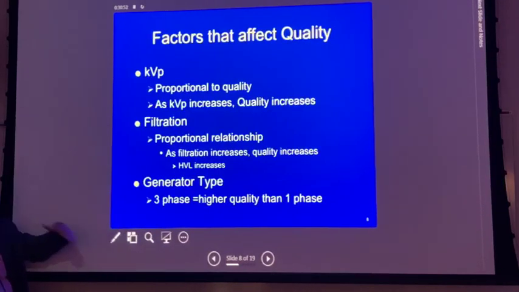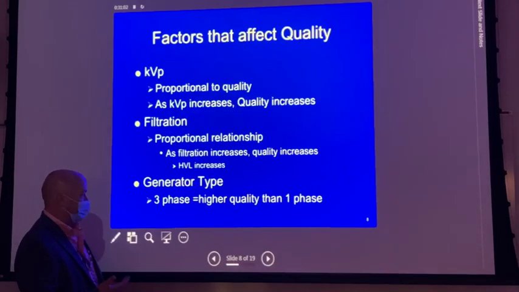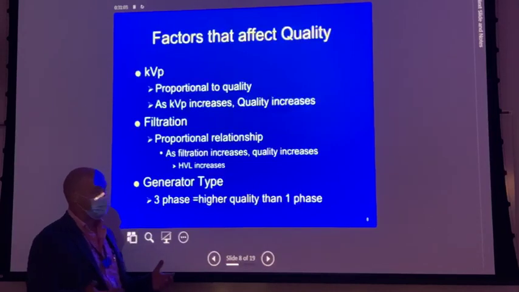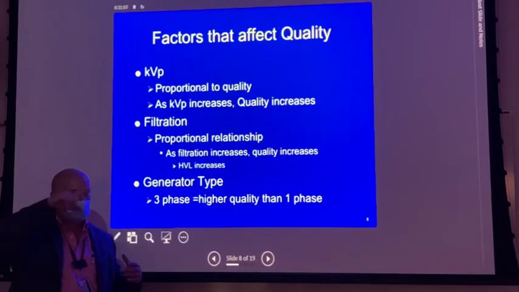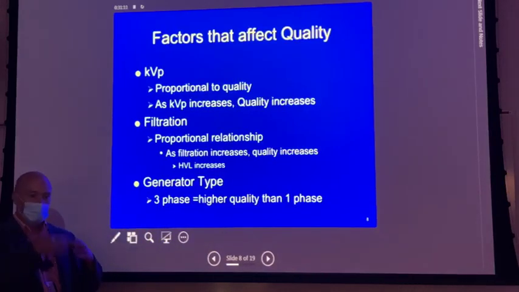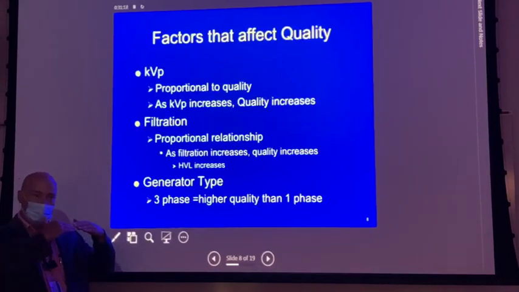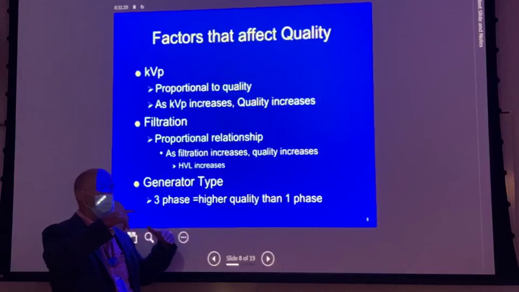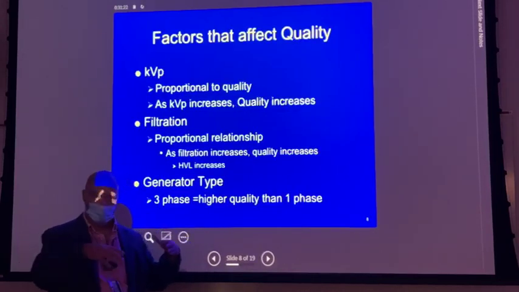So I have to keep pointing out that beam quality and radiographic quality are not the same thing. Again, generator type, we talked about that a little while ago. As we change generator type, the reason we get that spackling in of those pulses is because we have all overlapping pulses. But what else that does is that it prevents our overall beam exposure from dropping to